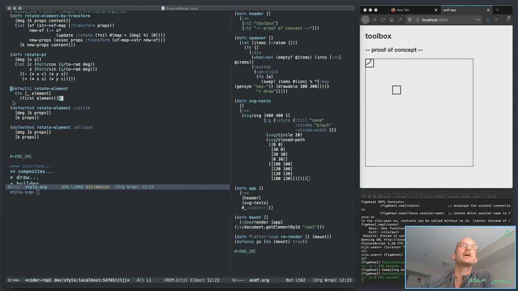So for a circle element, the actual rotate function does nothing, because, well, theoretically does nothing, because a perfect circle, if you rotate it about its center point, will look identical